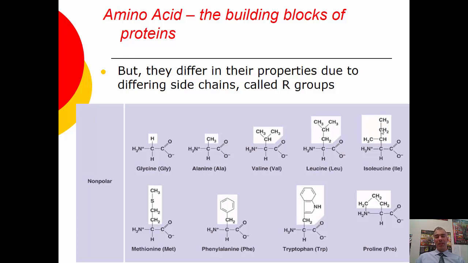So remember, what makes something nonpolar? For an amino acid, it only has to do with the R group, because the amino acid itself does have polar components to it, right? This oxygen draws the density over here, and there's probably less electrons over in this direction. But the R group itself, is it made of carbons and hydrogens only? Then it's considered nonpolar. This sulfur doesn't actually affect it too much, so this still is nonpolar. These are all carbons and hydrogens. This nitrogen, there's not enough electron density draw, so it's still considered to be nonpolar. So as you can see, nonpolar amino acids, their R groups tend to be nonpolar.